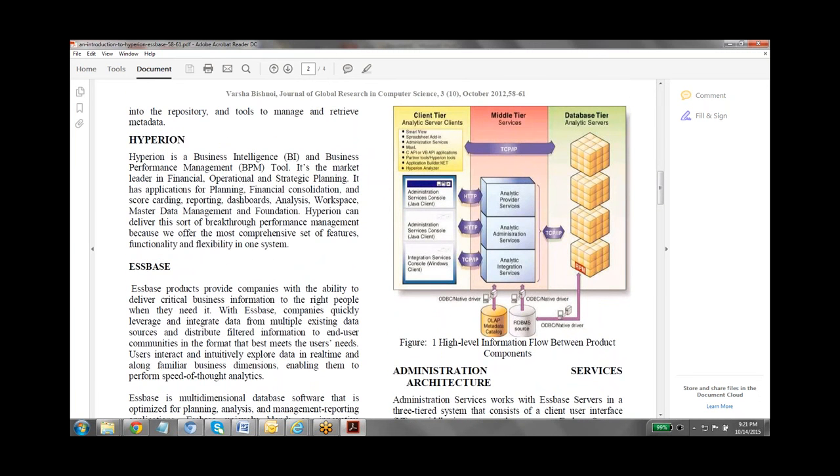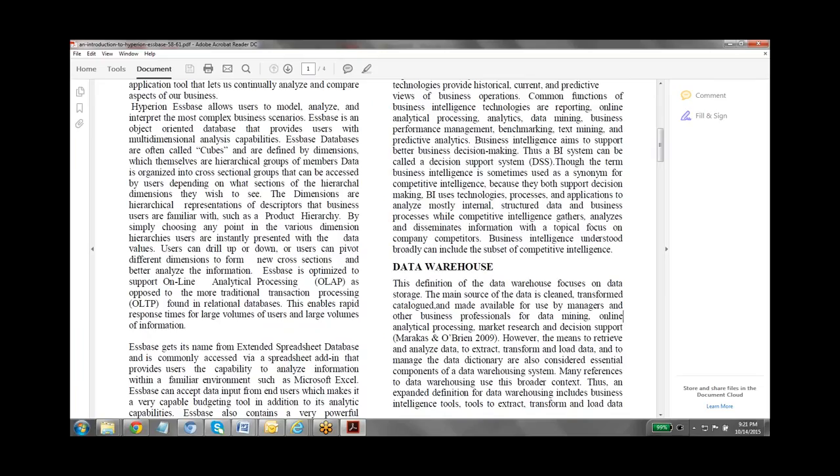Once we have the relation between data warehousing and BI, and in BI we have different BI tools like Oracle Hyperion, MS BI and Oracle BI,